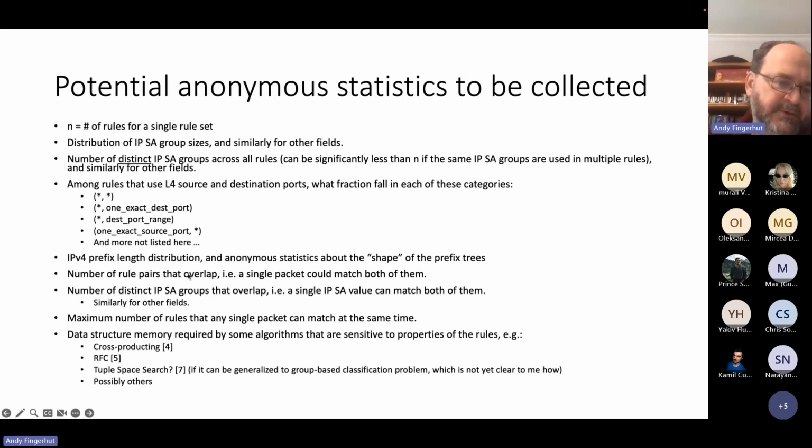How many pairs of rules overlap? So if you look at n rules, say you have 100 rules, and you look at all 100 choose 2 pairs of rules, how many of them can a single packet match both of them? You might wonder why that is important. It turns out there are a lot of algorithms that get an edge from the common case being that, even though it's possible to create